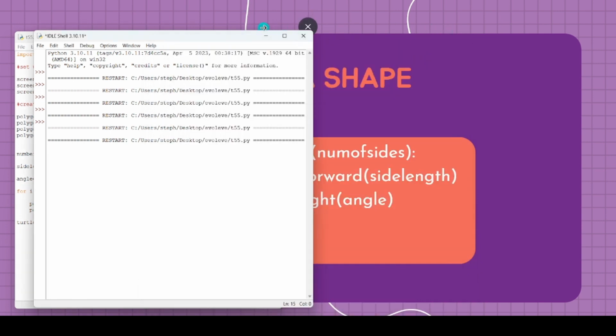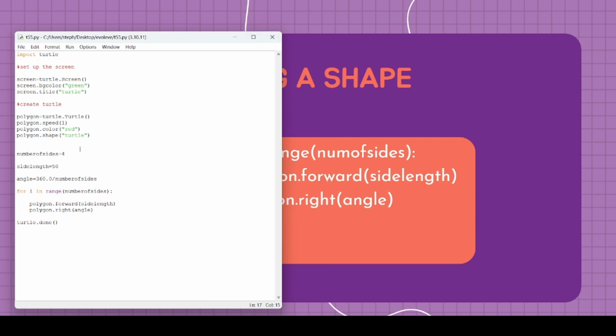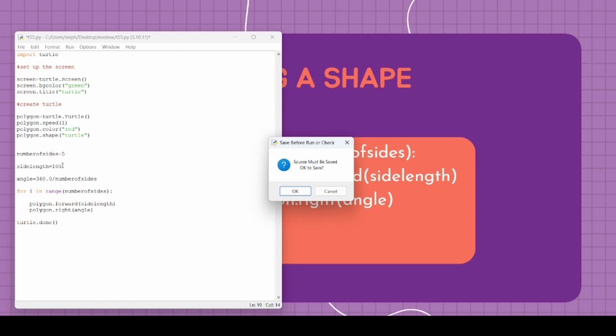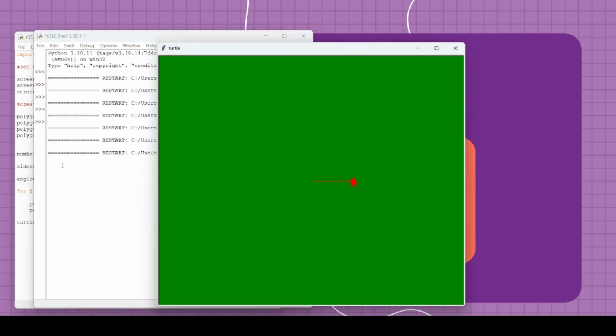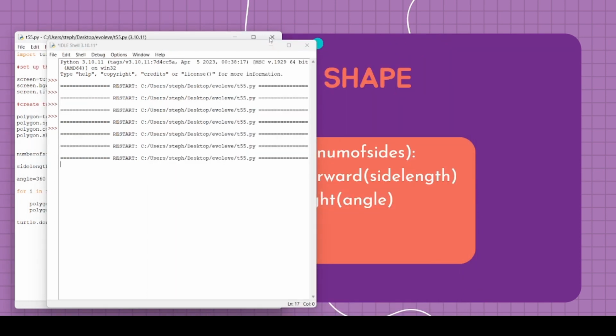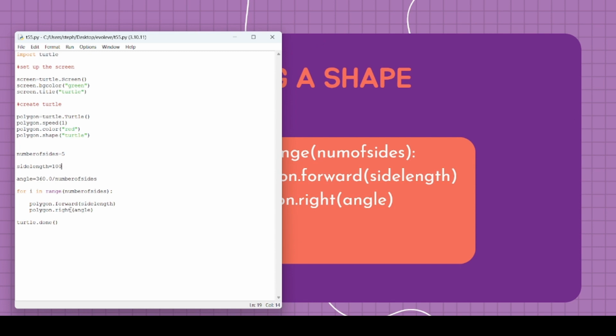Let's change the value to 5 and length of the side to 100. Yes. I have drawn a pentagon with 5 sides using the turtle. Now we just change the angle,